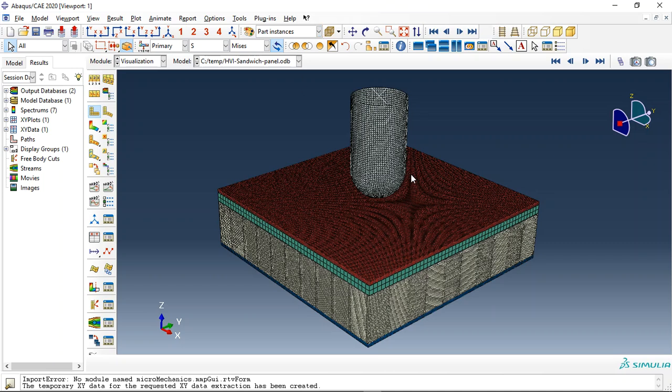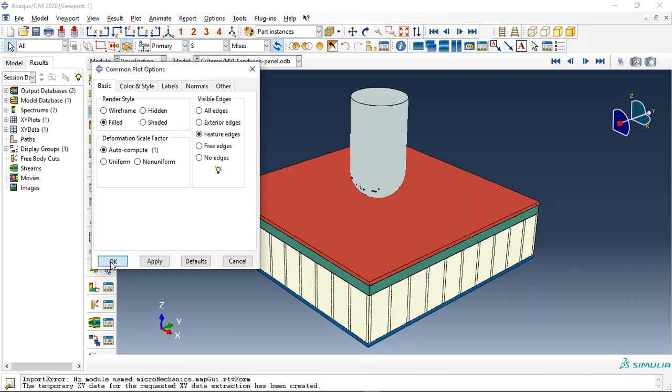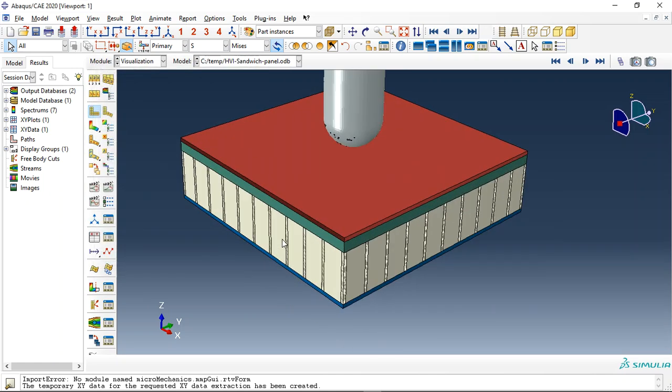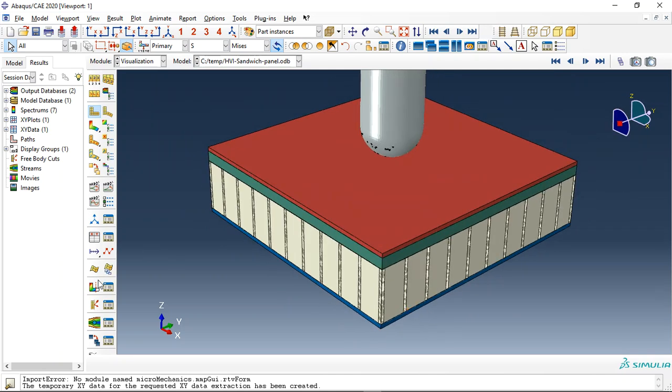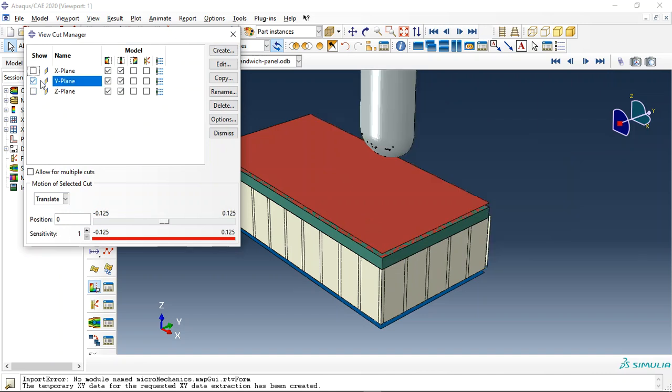Today we did the high velocity impact over a sandwich panel. Here we have the CFRP, here the aluminum foam, here something like aluminum honeycomb, and then again the CFRP. And if I check it in this view, or for instance this view,